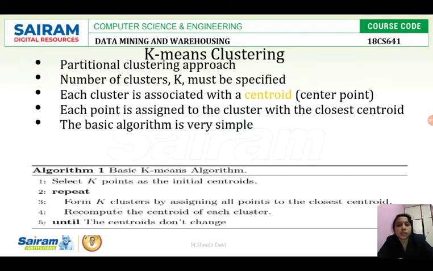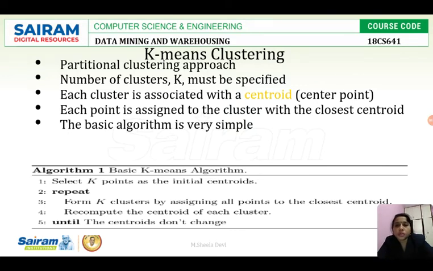So we have to take a point or object from the data set and assign it to a cluster. As we said, we have defined k clusters. We have to locate the object in one of the k clusters. If we have two clusters, we have to place the object in one of them. How can we do that? The object will be placed in the cluster whose centroid is closest to it.